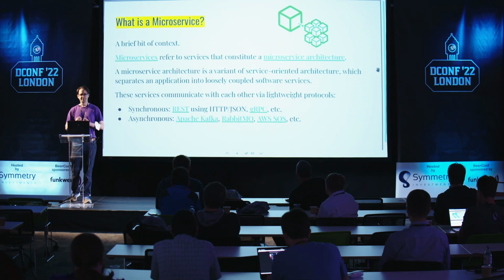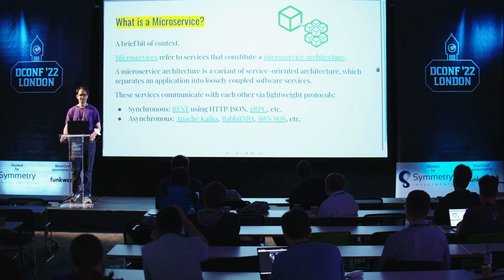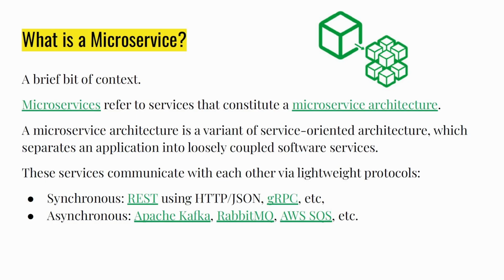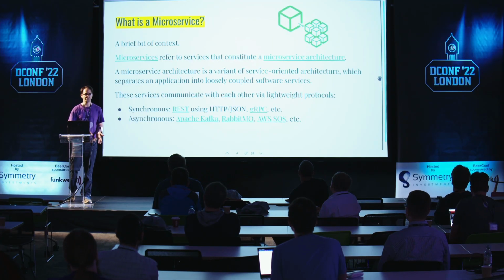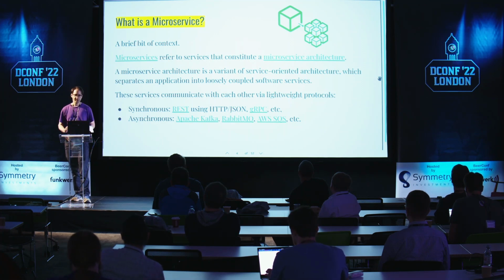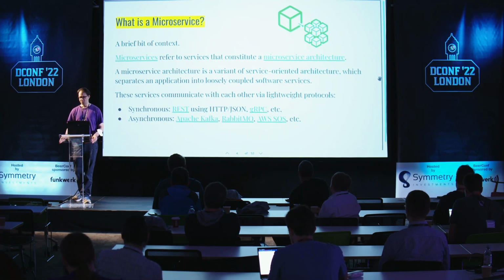So microservices are a way of breaking apart your code, not just in actual different code bases, but in terms of how people work on the code as well. It's a variant of what they call service-oriented architecture, and the gist of it is that you have a bunch of independent programs running as services. They typically have a web interface for synchronous communication. They arrange the way URLs access these servers, like API post, then add post, or something like that. And this REST communication, the synchronous one, can be over HTTP, typically using JSON as its body, but it's not required to be JSON. There are other mechanisms, like the Google RPC protocol, which is also used for synchronous communication.